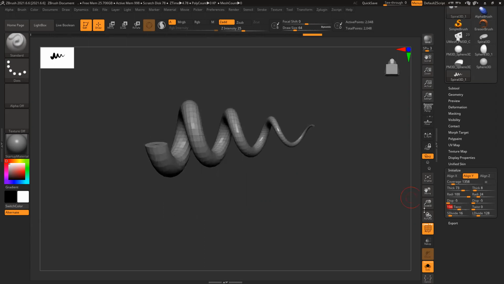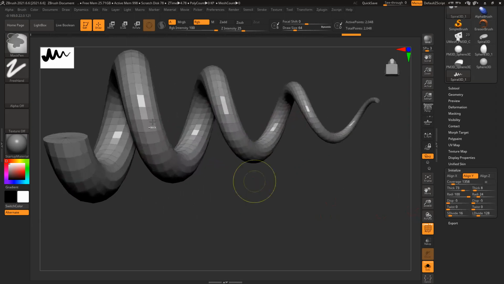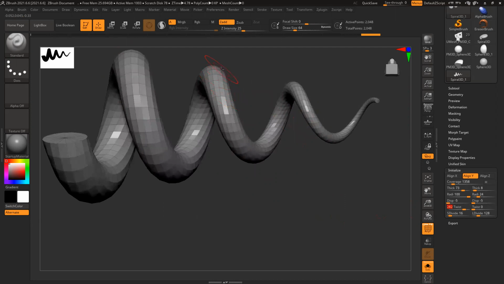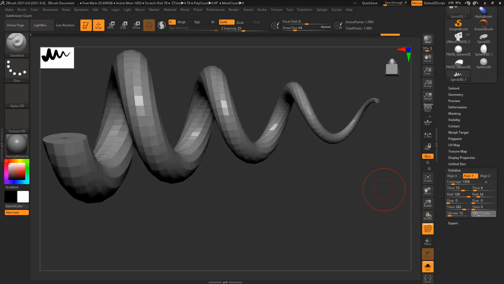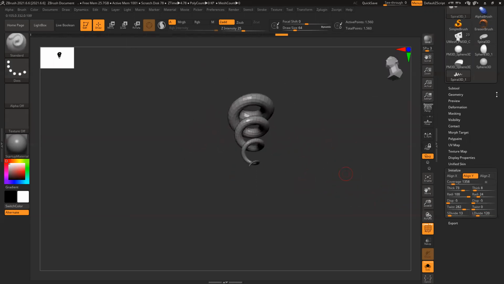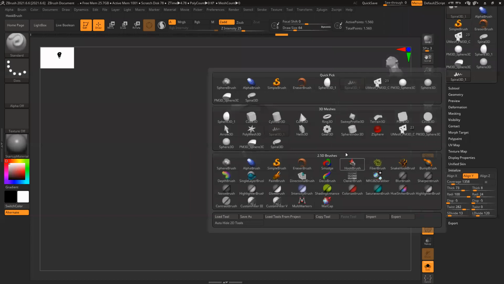twist. If you want to twist, it basically twists the topology. It won't twist the model, it twists the topology. You can see the loops, previously everything was a straight line. If I twist it, you can see this line starting from here is going here. And this twist also I can use. This is basically horizontal twist, vertical twist. Subdivision level, increase, decrease. So like this I can modify anything. It works with all the shapes.